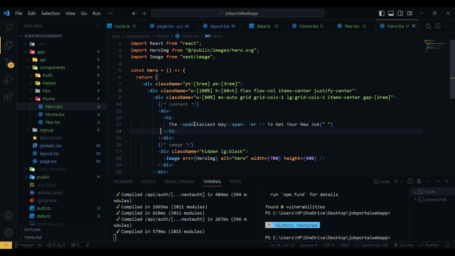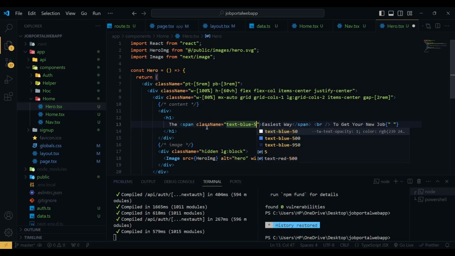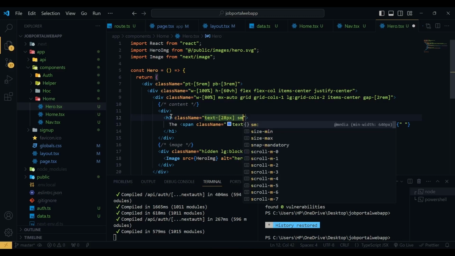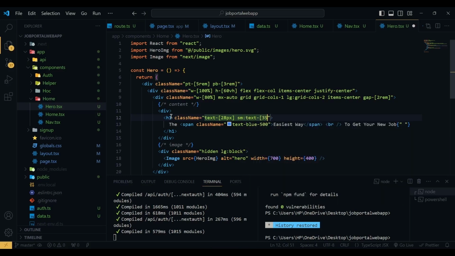So for the span, the class name will be text blue 500,